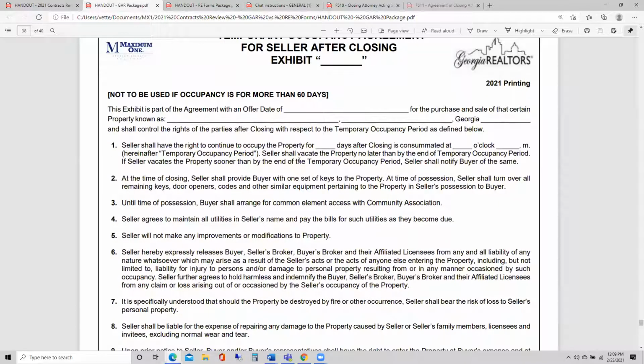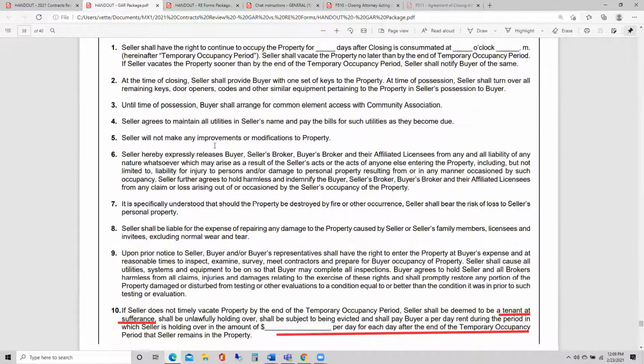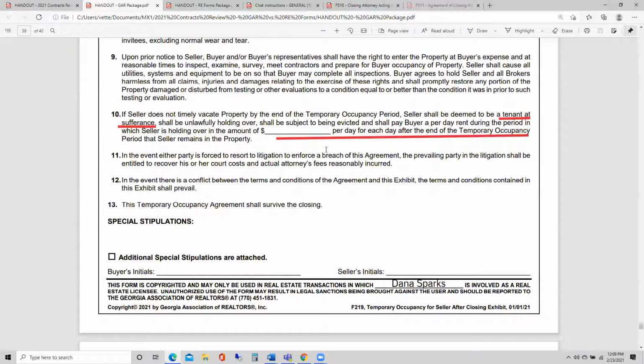Seller shall have the right to occupy the property for X number of days after the closing, hereinafter called the temporary occupancy agreement. Seller shall vacate the property no later than the end of the temporary occupancy agreement. If they vacate the property sooner, they shall notify the buyer. And then it goes on about possession and utilities and insurance and so forth and so on. Then we come down here in paragraph 10, we see a dollar sign. It says, if the seller does not timely vacate the property at the end of this temporary occupancy agreement, the